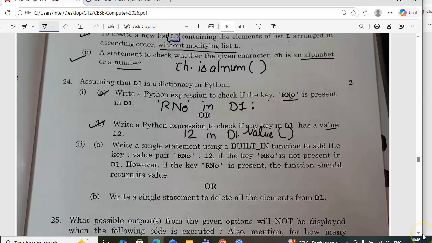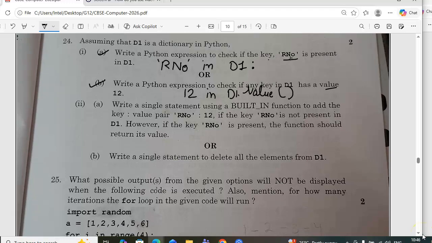For that purpose we have a predefined function called setdefault, on the D1 dictionary. So you write D1.setdefault, and then you give RNO and 12. If it is there, fine. If it is not there, then it will be added into the dictionary.